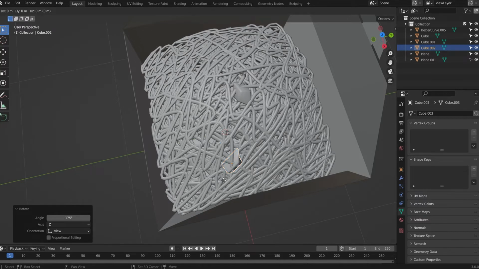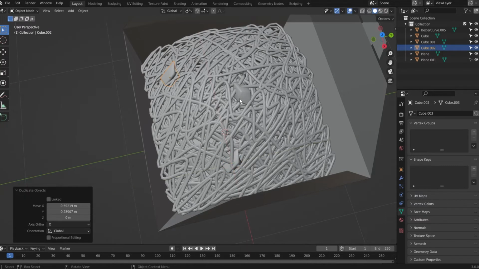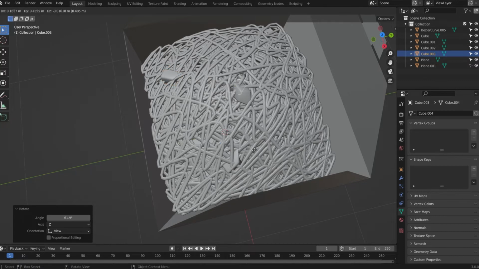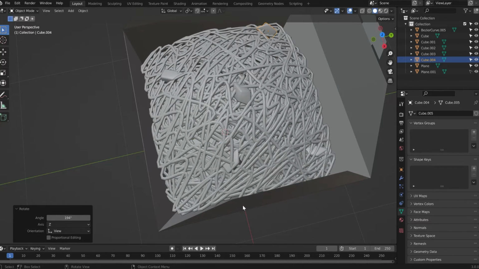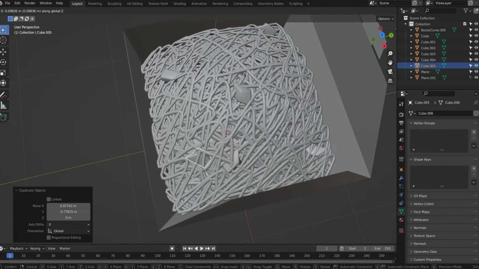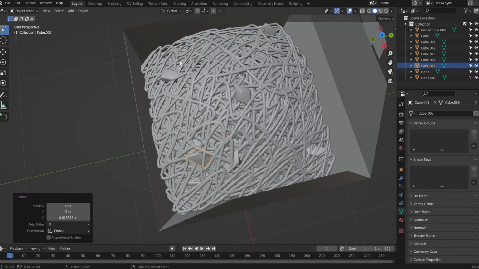So now I just duplicate it, cancel the z-axis, move this one here, rotate it, shift D, and move it here, shift D. Let's cancel the z-axis, pressing shift Z so I don't move it up, just like this, and rotate it a bit, no matter which direction, if it looks good. Shift D and shift Z to cancel the Z axis, and I think this one I want to move it more up, so I press GZ and G, cancel the Z axis and move it around here, rotate it a bit,